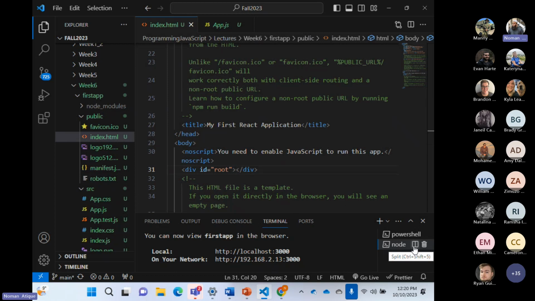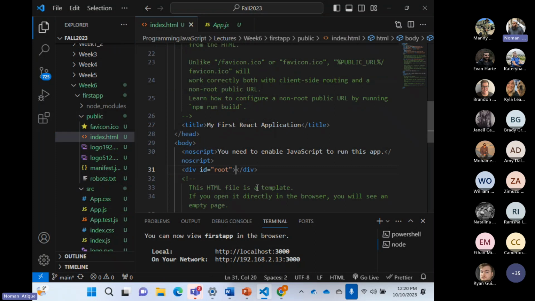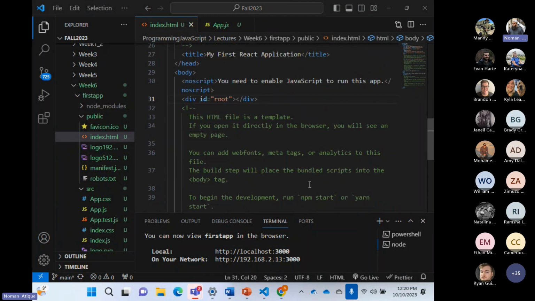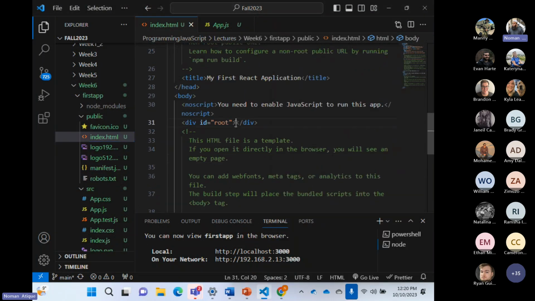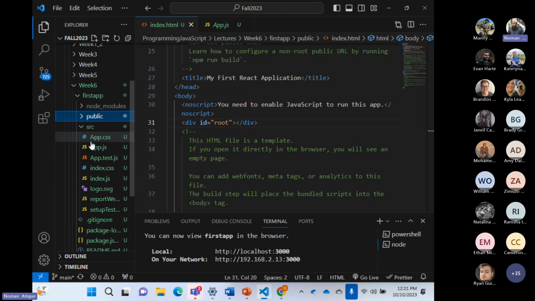I'm just making a very quick link between the pages of a React application, but I'll talk about that in detail. It looks like this app.js somehow has been embedded over here, and this JavaScript is actually running over here because I don't see anything else at all. So it looks like in this div, that app.js is running. We'll talk about all of them again and again. Which file is connecting both of them? That's a $1 million question right now.